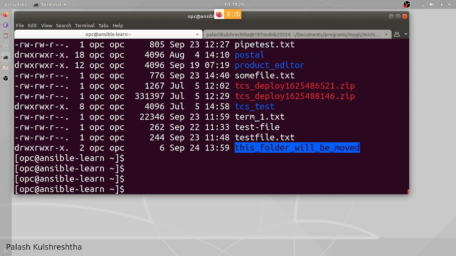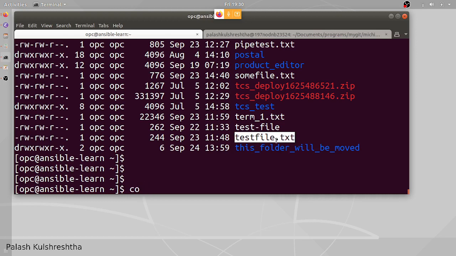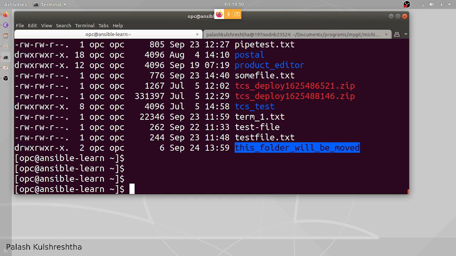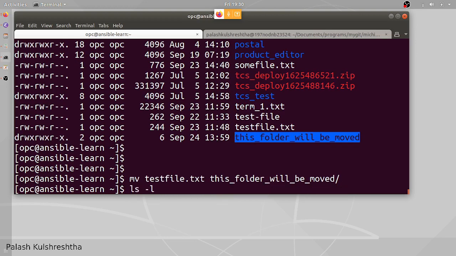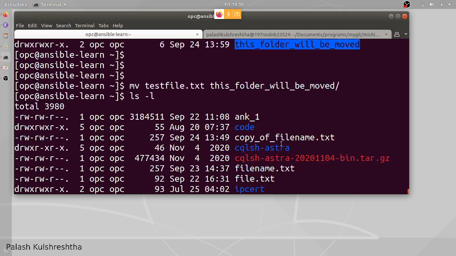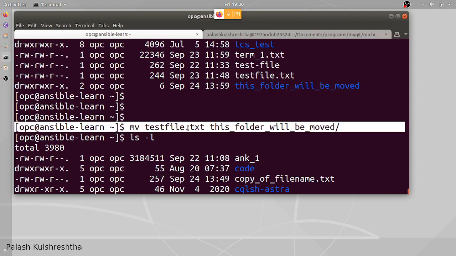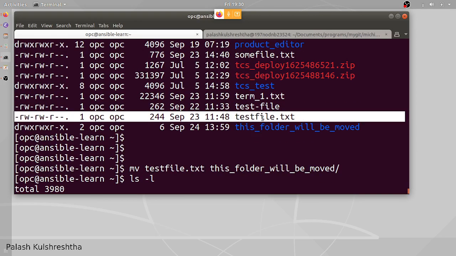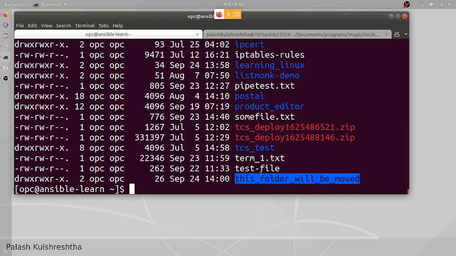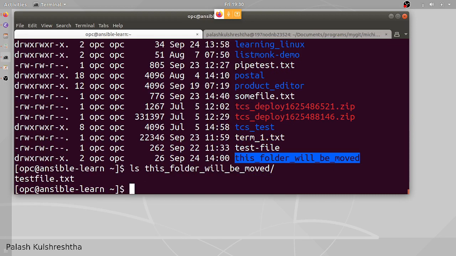Now let's try to move this test file.txt to this folder will be moved. mv test file to this folder will be moved. So let's try to ls. So this test file.txt, which was present here, has been moved to this folder. Let's try to display the contents of this folder. So test file.txt is present here.